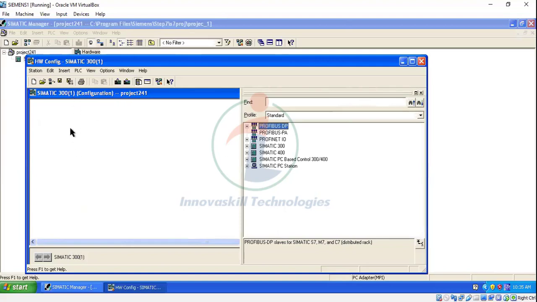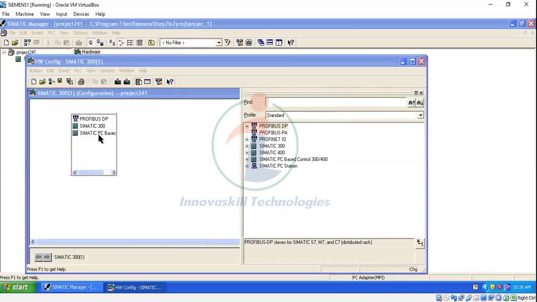Here what you have to do is right click and after that select insert object. After selecting insert object, it is asking for Simatic. So select Simatic 300.